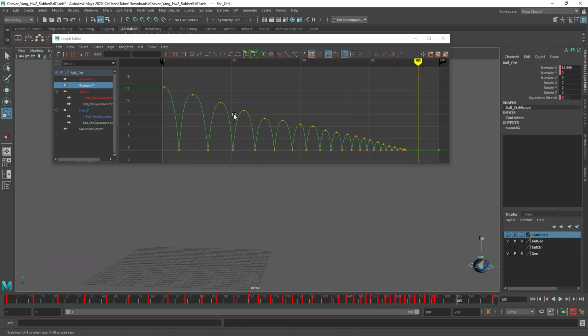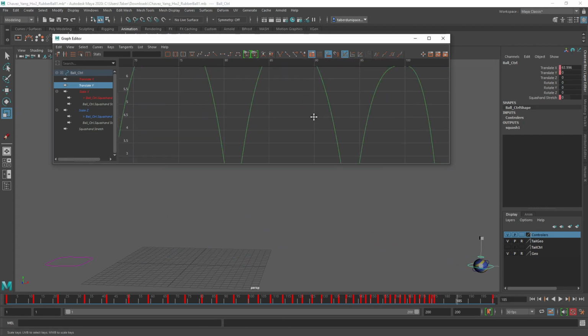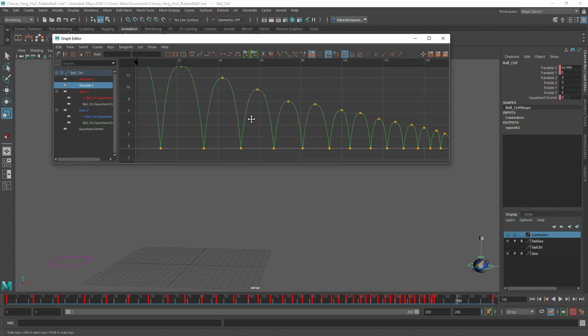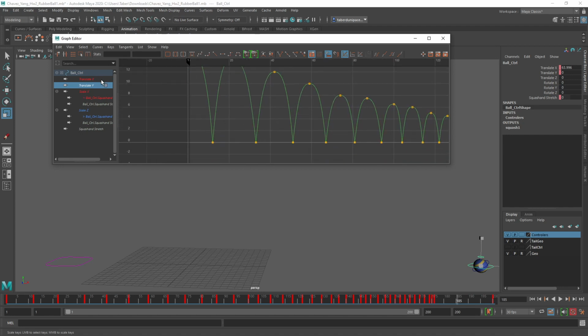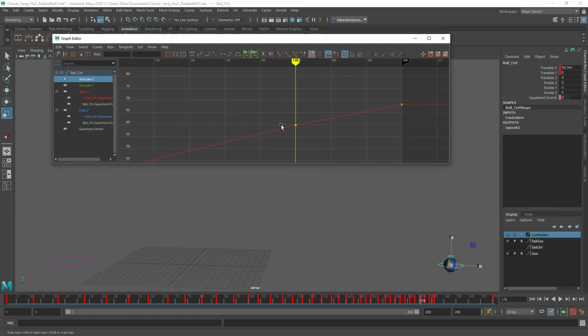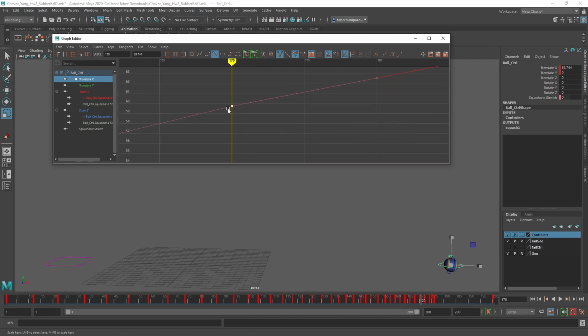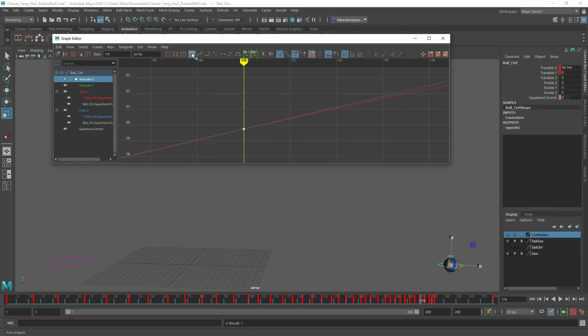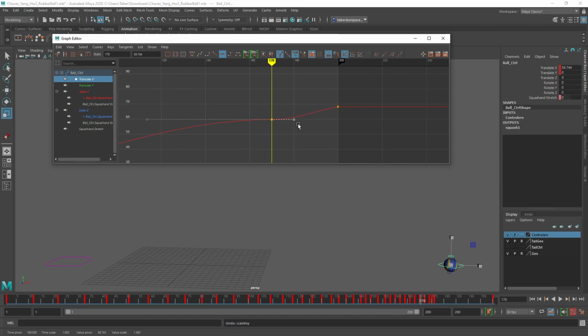It looks like all of those arcs are defined correctly. They've got nice rounded tops, nice sharp bottoms. Let's take a look at the X travel. The X travel looks like it's not really smoothly slowing down. It changes speed right here. What looks like linear. Yeah, it is linear. So just make sure that's set to either default or some unified tangent like this, and then you adjust it so that you've got a smooth,